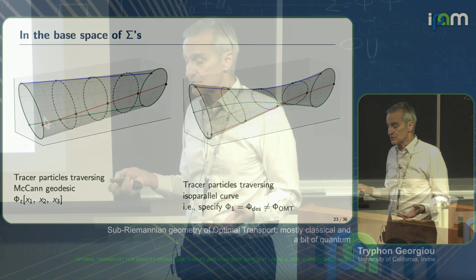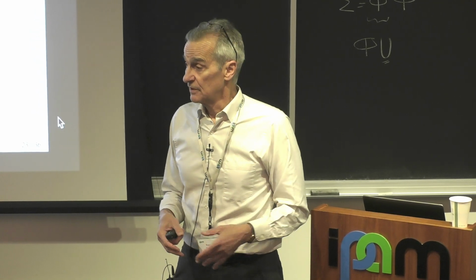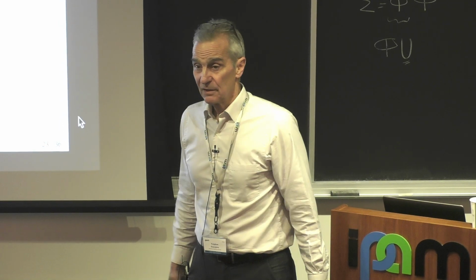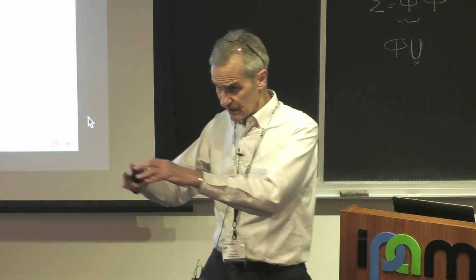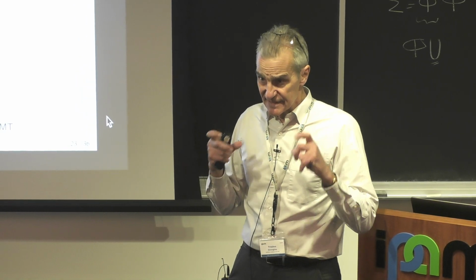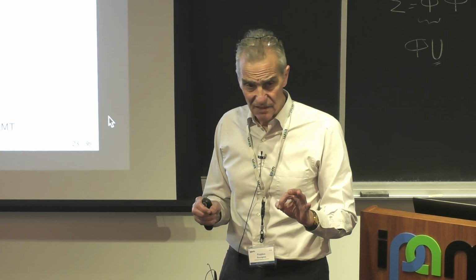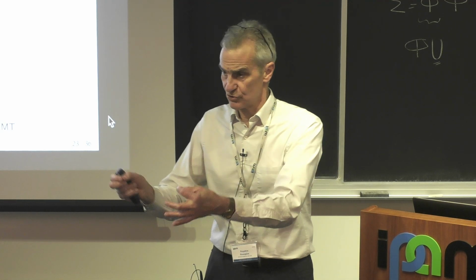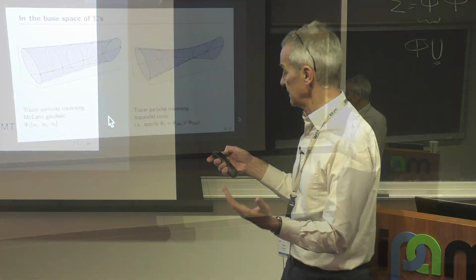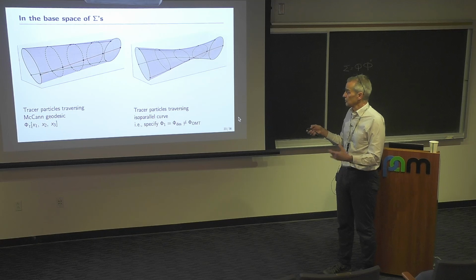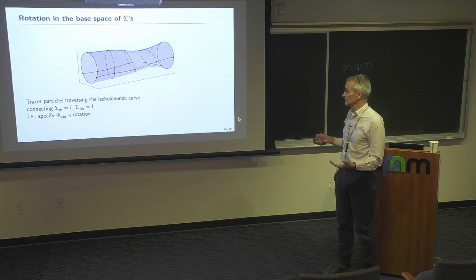This is very interesting because now you can look at it both as a control and as an estimation problem. Let's say, for example, there's fluid flowing, and I have a plume. The plume is at the beginning, the plume at the end, and I can take snapshots and say something about the flow. But what if I have internal tracer particles that will resolve a little bit more the rotations? So this points in the direction that even in the classical setting, it would be very interesting to study both the transportation of densities as well as what happens to the internal structure.